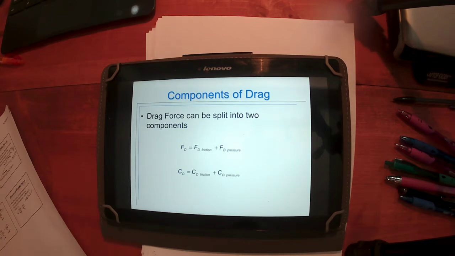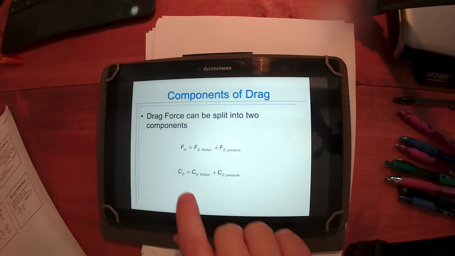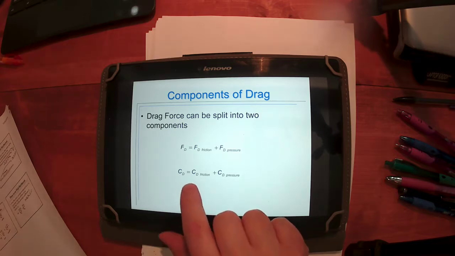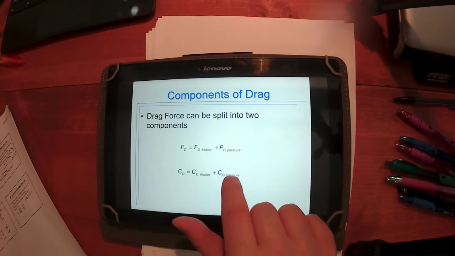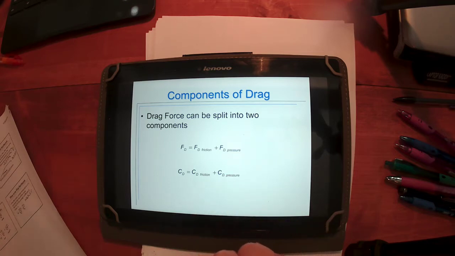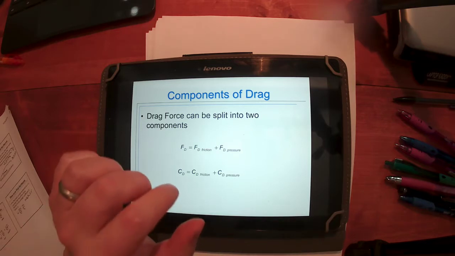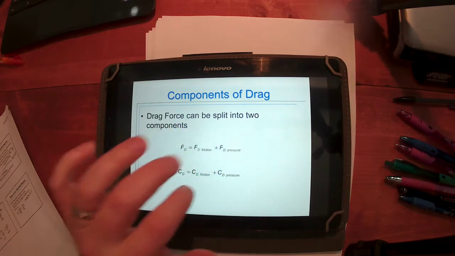Let's finish up talking about drag forces. Drag forces can be split into two major components, and this gets accounted for in the drag coefficient. The drag coefficient is going to have a component for the frictional portion and a component for what we call the stagnation or the pressure component. And what that means is